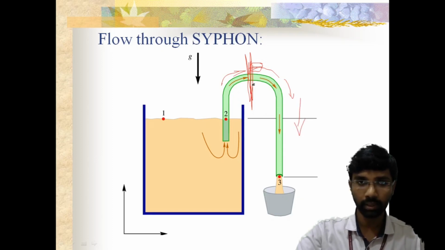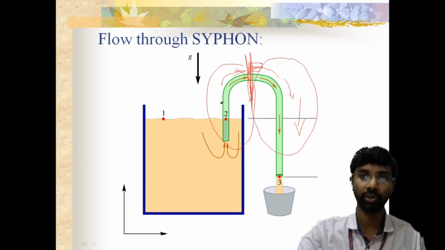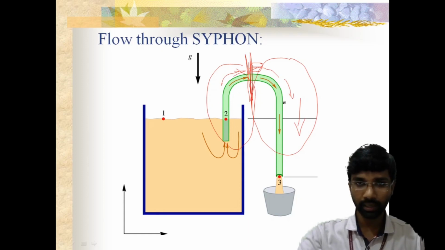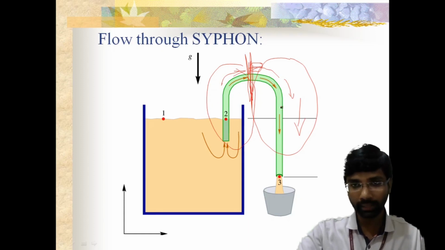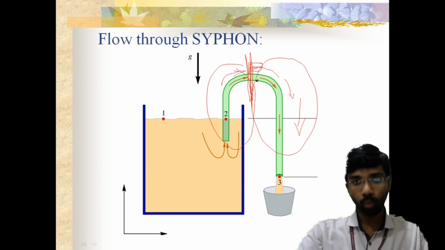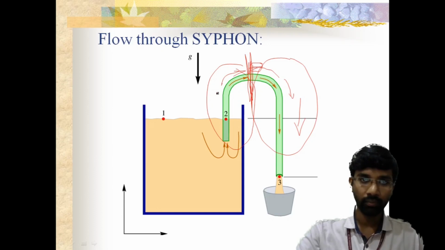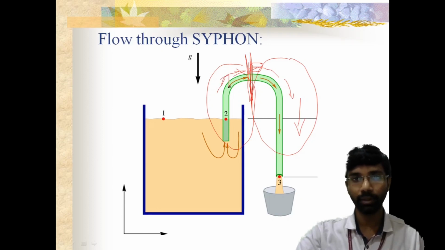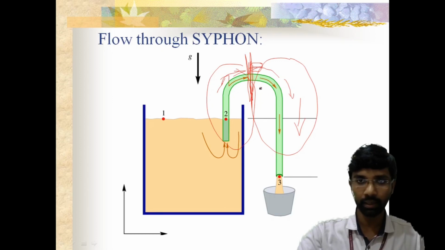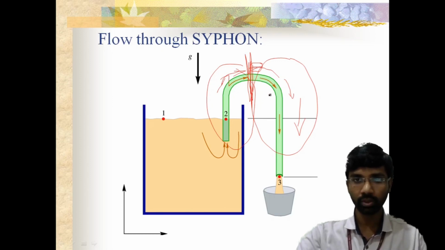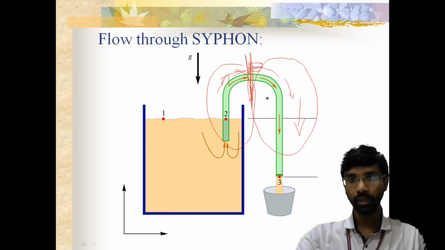Why? Because observe this, a siphon always has two portions, left half and right half. Your right half portion is more than the left half portion. If the right side portion is more, it means more length, it means more fluid. More fluid means it will have more weight, so obviously it will go downwards. This more weight will take this less weight upwards. They are simply interconnected. Obviously your more weight is moving downwards, so your less weight will come upwards. So in this way this siphon will flow.